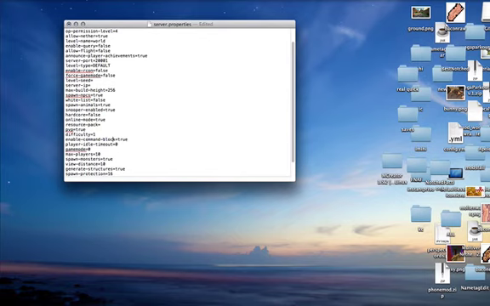Spawn NPC just means villagers that don't do anything except trade. Op permission level, I don't care about that. Generator settings, you don't want to mess around with that. I don't even know how to use it. Enable command block, yes, definitely, if you're going to do a vanilla server. Player idle timeout,